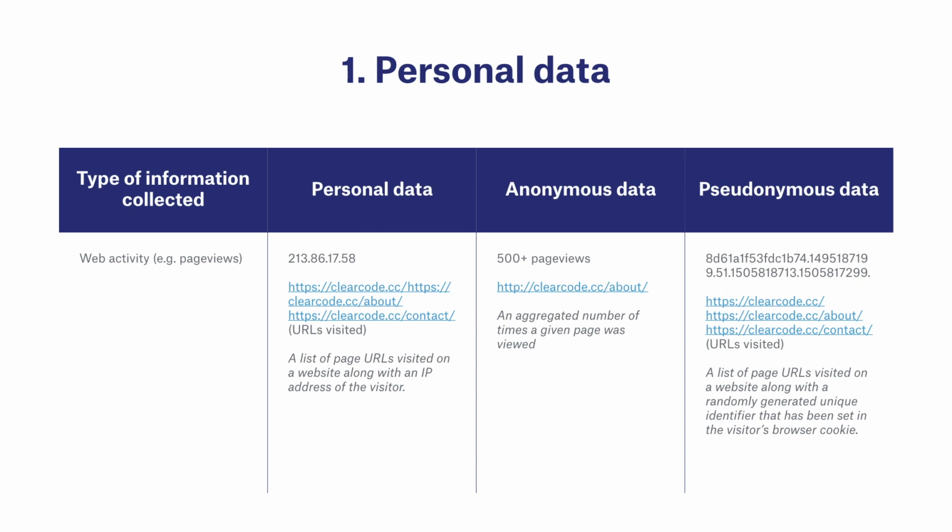Pseudonymous data is something slightly different. In this case, we use a user's email address or IP address and then assign a hash to it, using an MD5 sum or another hashing function. In this case, we can still identify the user via the hash when they come back to the website, but it's not possible to reverse the process to view their personal data, such as the email address or IP address. So having the database does not allow us to identify the user. It would also work with a two-way hashing or a two-way encryption function. If we stored the data separately in different databases, this would also count as pseudonymous data.